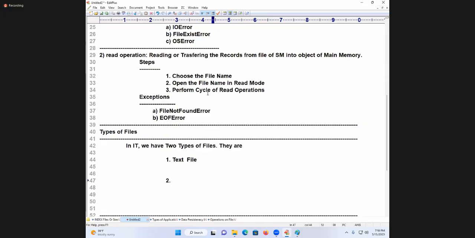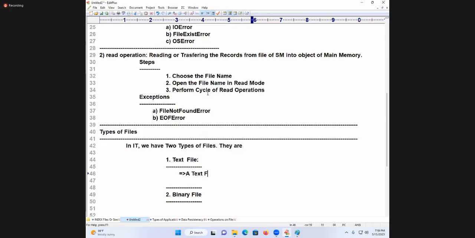The second one is called what, you know? I will say binary file. Text file and binary file. Now I am going to talk about text file and binary file. Easy. What is a text file? A text file is one which contains the data in the form of